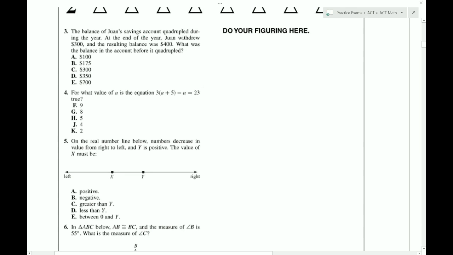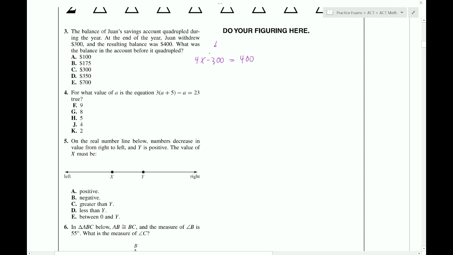The balance of Juan's savings account quadrupled during the year. At the end of the year, Juan withdrew $300. The resulting balance was $400. What was the balance in the account before it quadrupled? So let's let x be the balance in the account originally before it quadrupled, right? Then when it quadrupled, that made it 4x, right? And then at the end of the year, he took away $300, and then the resulting balance was 400. So we build up this equation